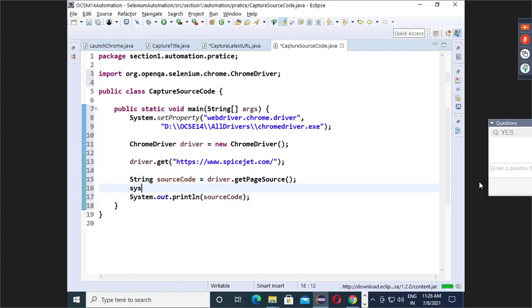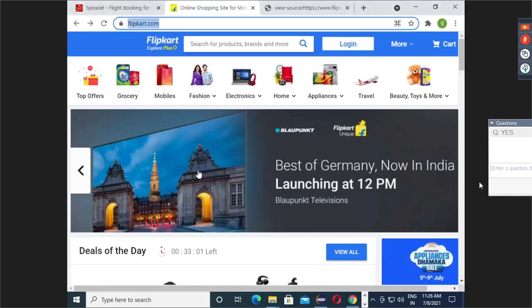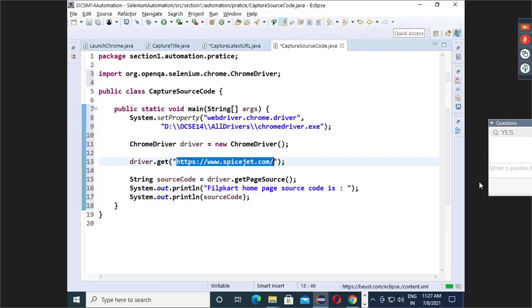Now let's say I will print "Flipkart home page source code is". So here I will open Flipkart, and that's it, matter closed. Let's cross-check whether it is working or not.